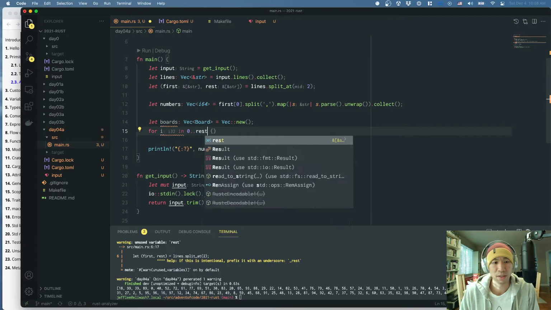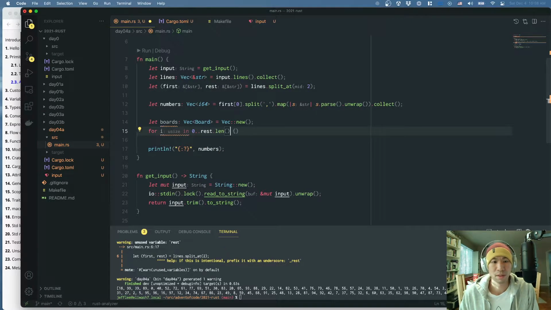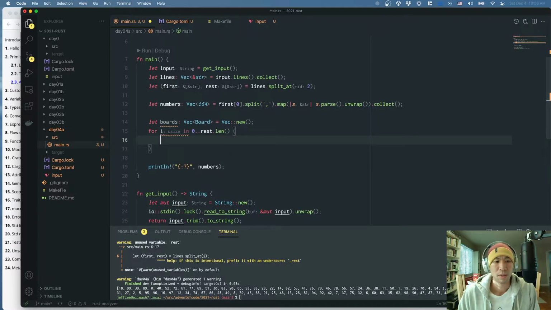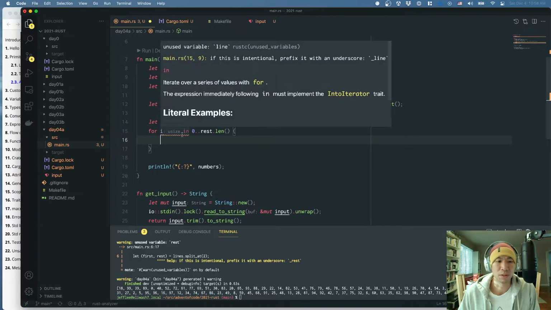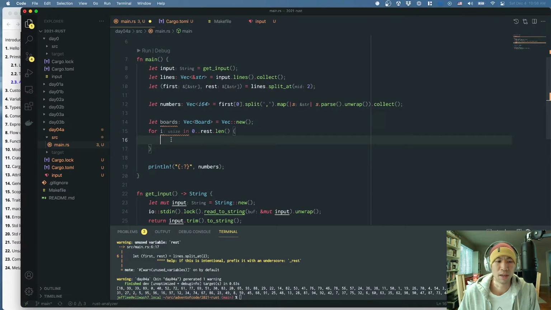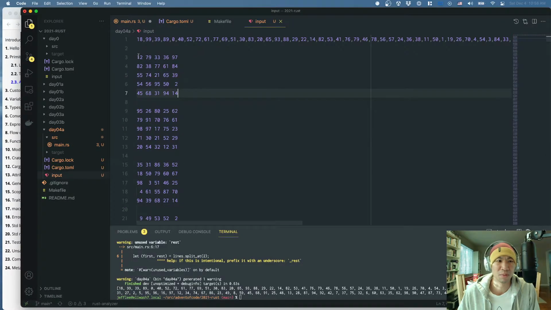Actually, it's rest.length. And the reason I'm saying this is that essentially what we'll know is, if i is a multiple of 1, 2, 3, 4, or 5, we'll know that we'll be here, right? And if it's a multiple of 6,